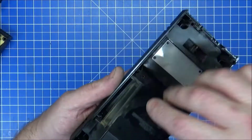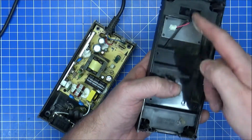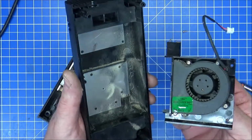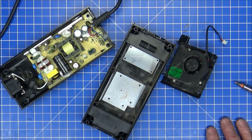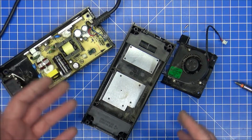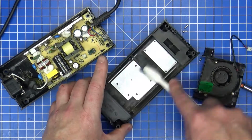So when that's in, the air is pushed through the vents at the front, then takes the heat from the power supply, and then goes through the fan, and then it's chucked straight out the back. So with this, you will collect lots of dust and crap over the years. Simple to do. You can blow out the air, you can use an air compressor, you can use a small, I use a CompuClean, which is fine. Even getting a toothbrush and brushing out as much as you can to get it all out, that's your best